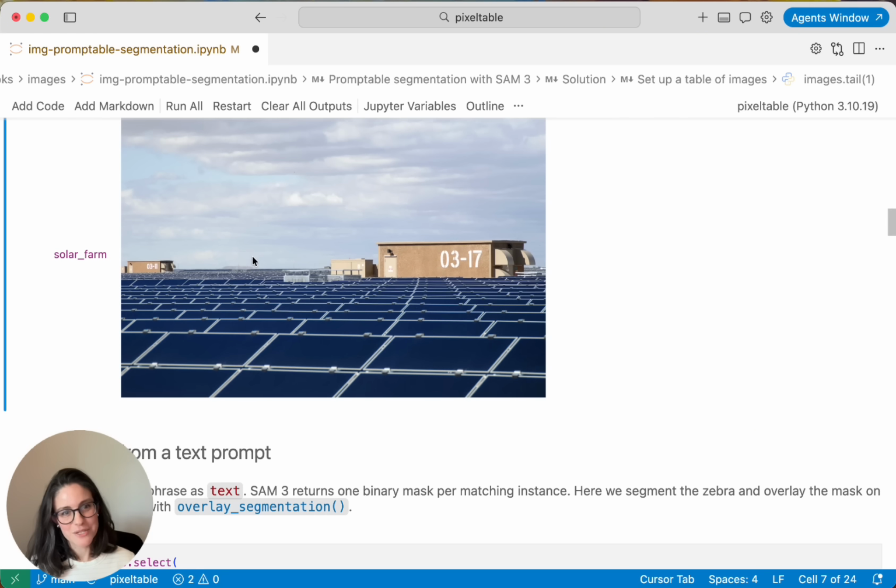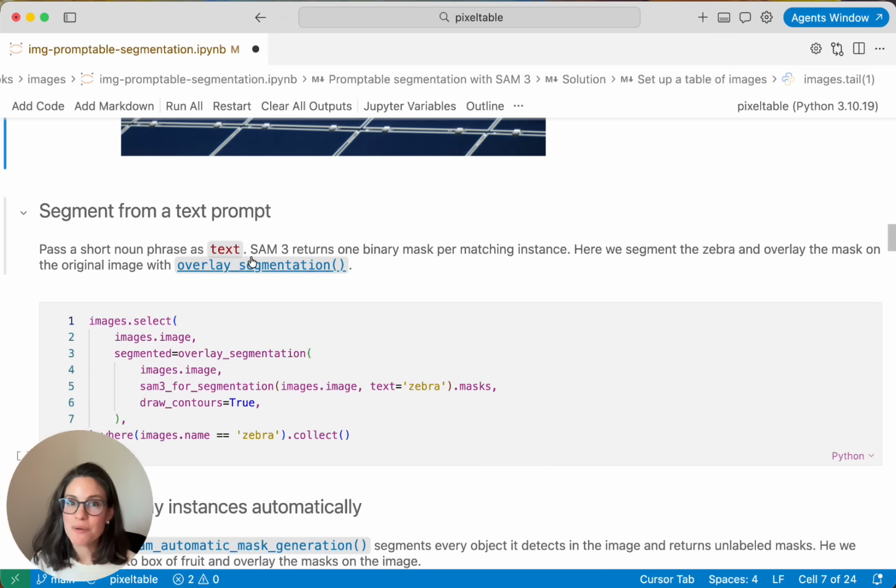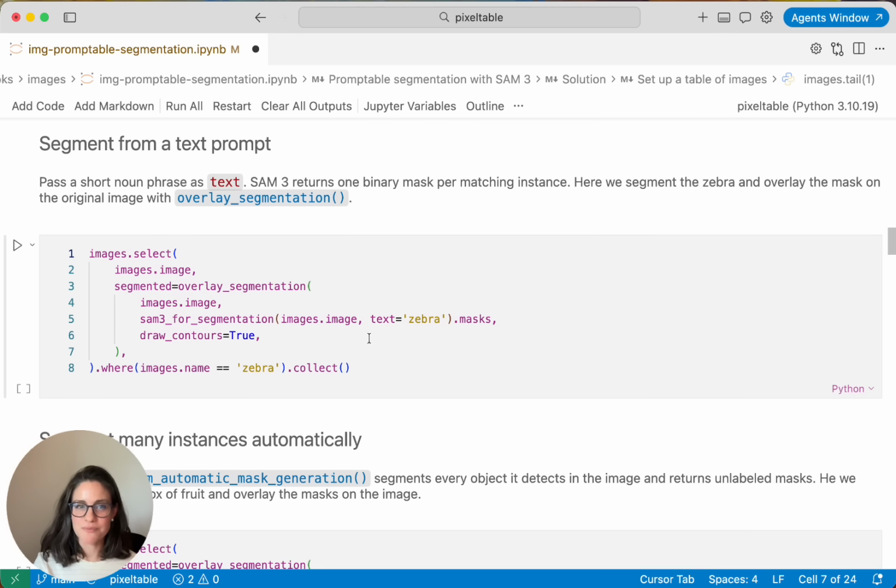And there's the last image. Okay, so recipe number 1, we're going to segment from a text prompt. This means I'm going to pass a short noun phrase as text, and SAM3 will return one binary mask